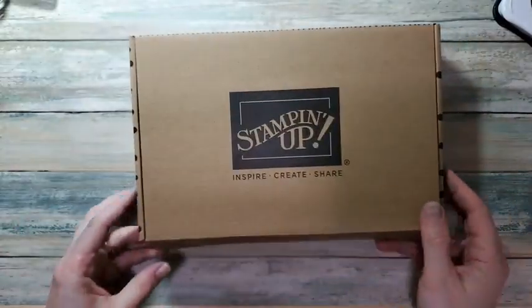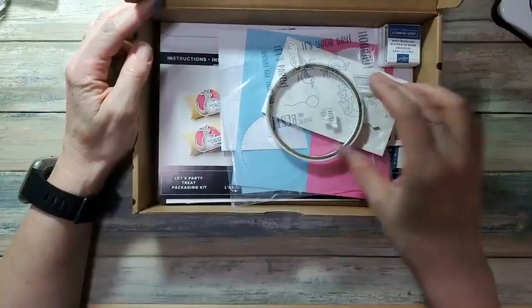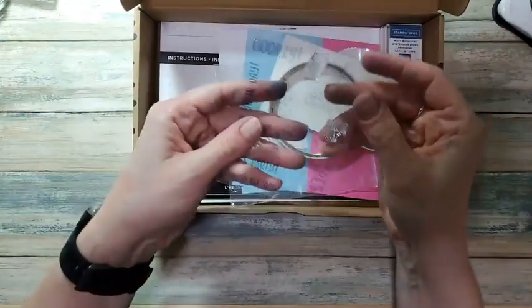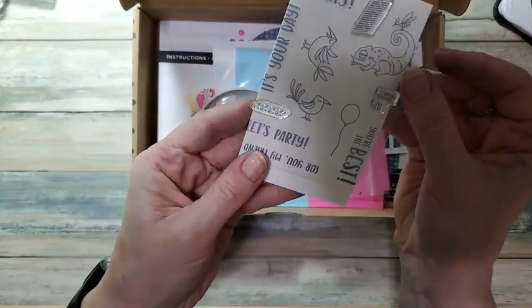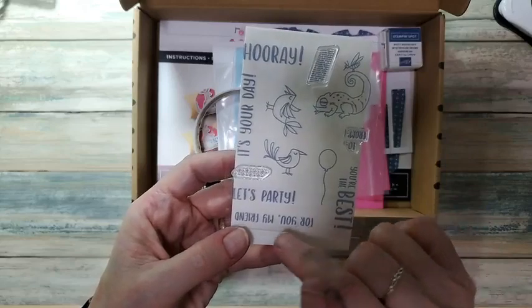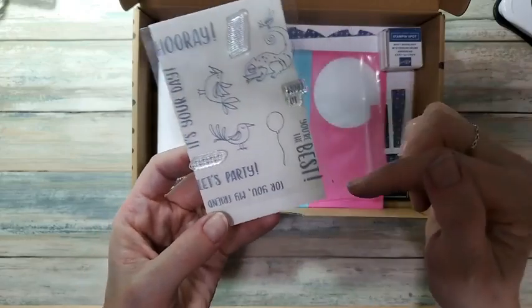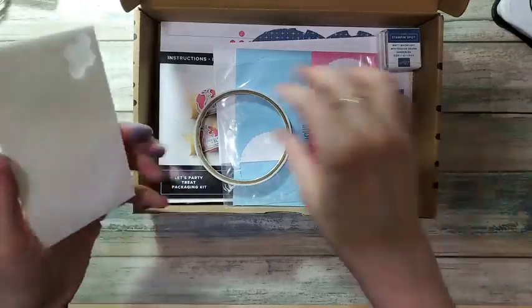It's called Let's Party Treats, and inside of this kit comes a lot of things. I don't even know if I put it all back in, to be honest. I already took the stamps and put them on things. So this is what you can see, the various cute stamps here. We have Let's Party, for you my friend, it's your day hooray, this cute little chameleon, these two birds, you're the best, a balloon, all really good things. And these aren't even the ones that